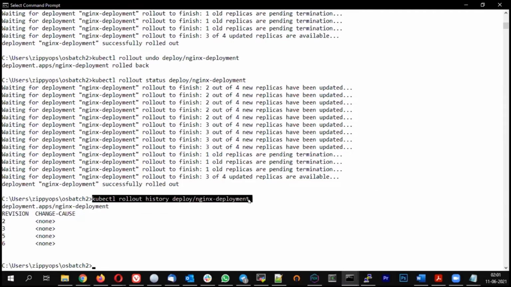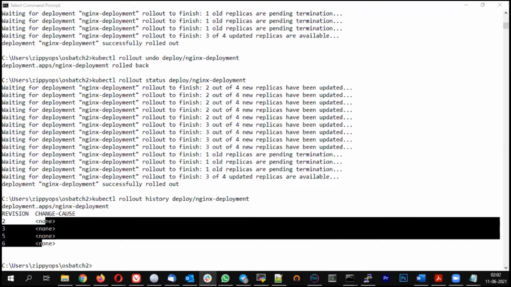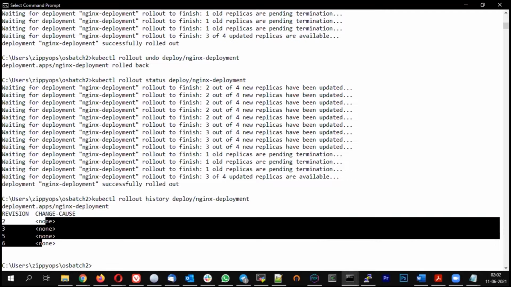So let's say I have 4 different histories, but the change cause was empty. I really don't know what happened on that particular change, right? So let's see a command to see what really happened on the particular deployment. So the command will be